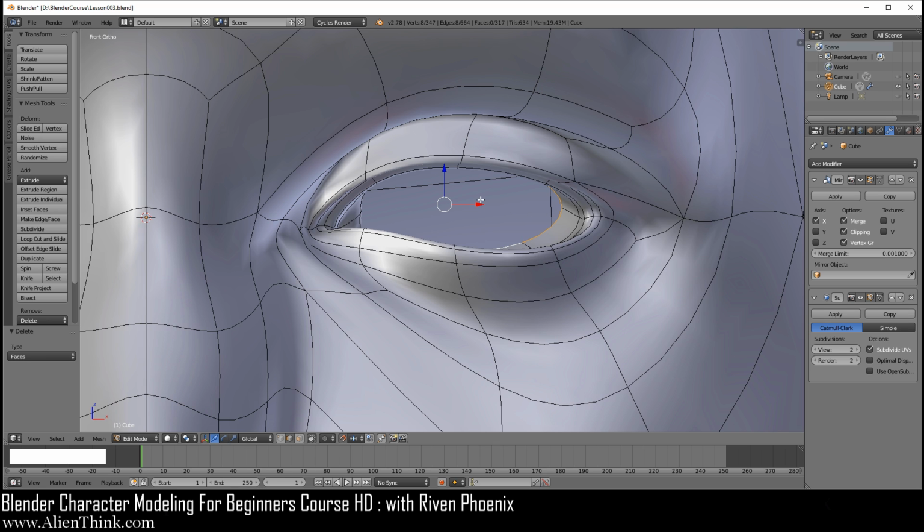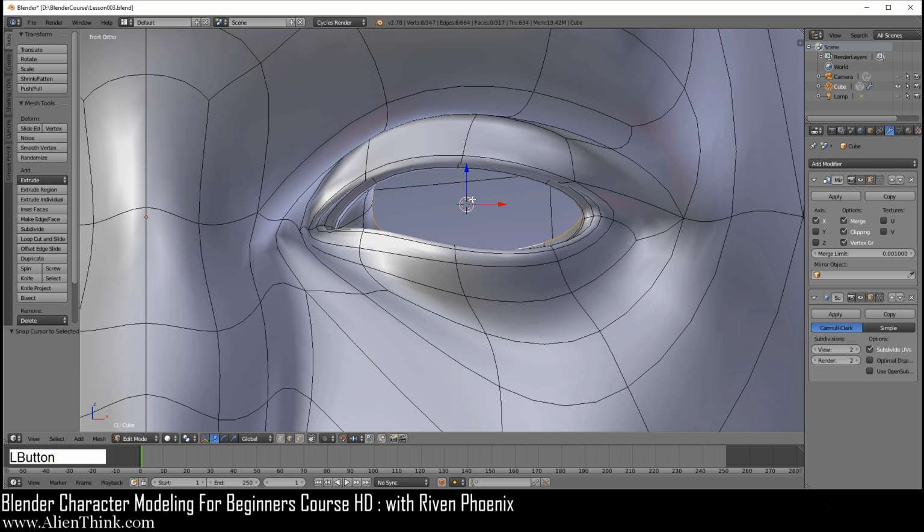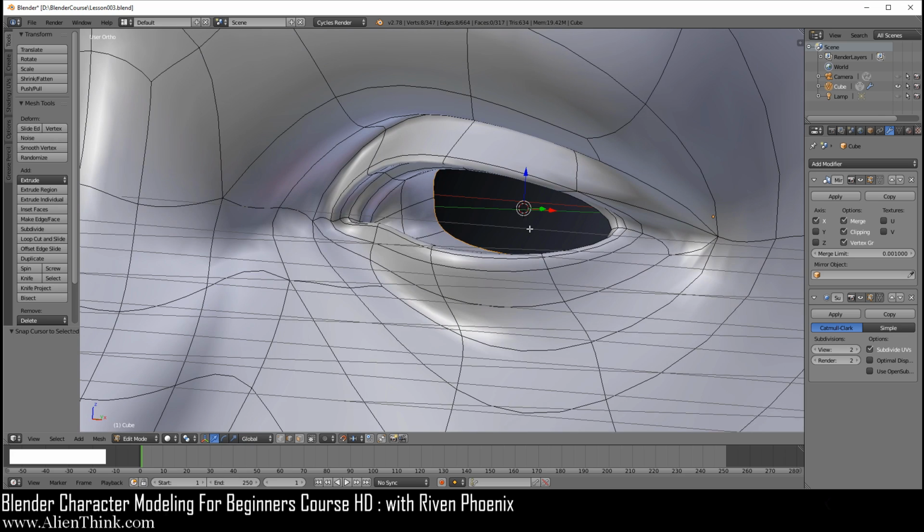So the reason I'm doing this is because I'm simply going to move it 1, 2 over here, to the right. And this is just to place this over here by selecting these. So now if I do Shift and the S key, it will allow me to move the 3D cursor to the selected. If I do cursor to selected, it's going to drop the 3D cursor. If you look with your middle mouse button, it's dropping it right there.